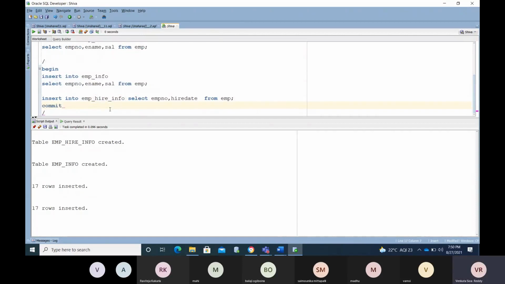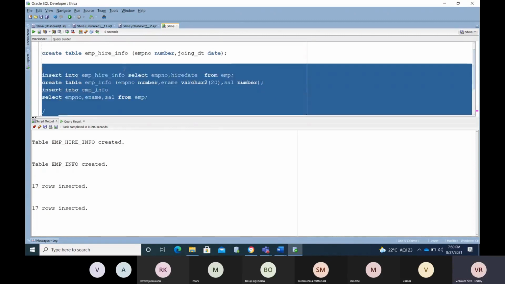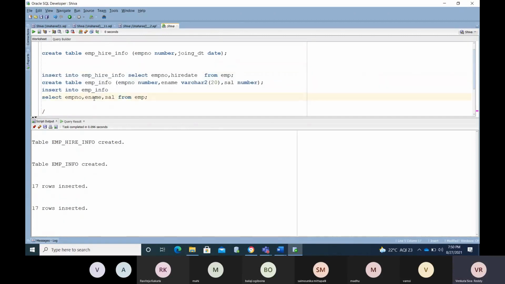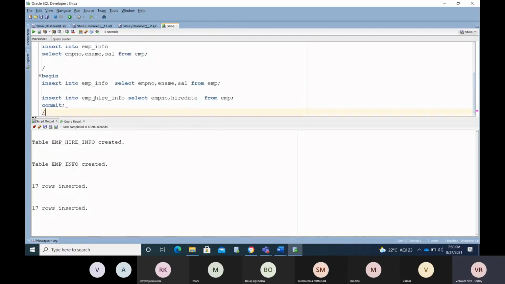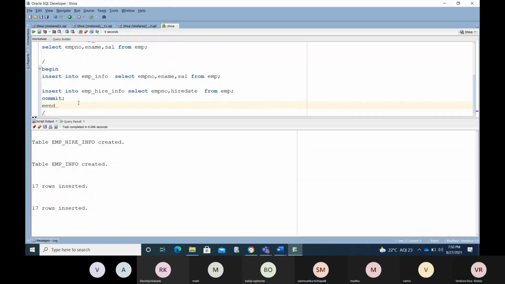Now I need to maintain the transaction control language because I'm performing some transactions that need to be saved into the database, correct? If I haven't mentioned anything, there is a chance the table gets a lock. You need to always use transactional language. So simply now I am running this. Now I have committed the data.